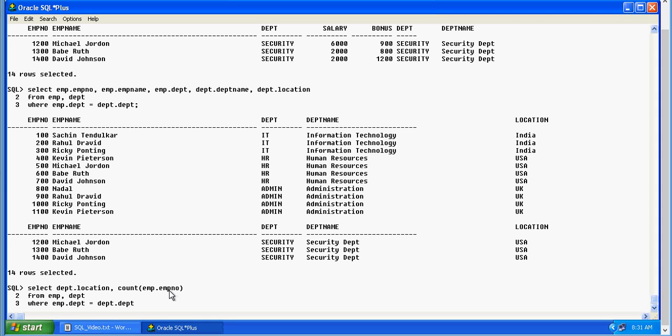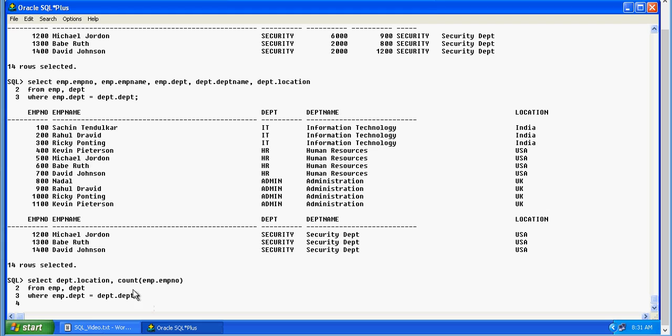And because you have applied a count, which is an aggregate function, I have to use group by department dot location. Remember, any column we have in the select statement and not having any aggregate function should be part of group by clause. And here you go. So India has 3, US has 7, while UK has 4.